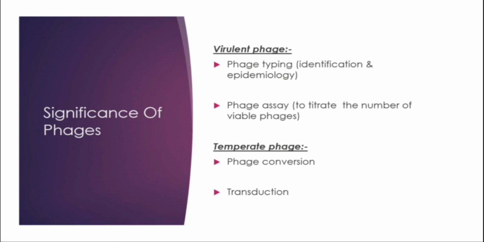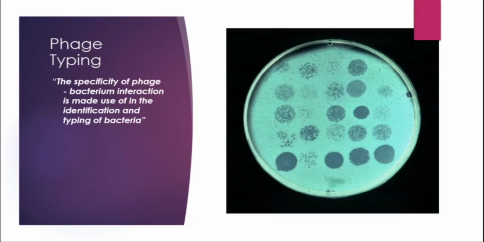For example, if you have a mixture of bacterial colonies on a culture plate and we don't know which they are, we'll use some random bacteriophages and place them in random locations. We'll make a note of which bacteriophage I have given to which location, and I'll subject this to incubation. After incubation, if there is specific damage to those areas, we can have an idea about the bacterial population present on the culture plate. In the case of temperate phages, we can use them for phage conversion and transduction to bring new characters to the host cell. Yeah, this is actually phage typing.